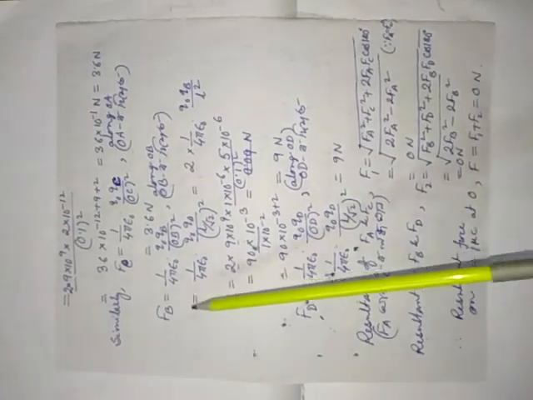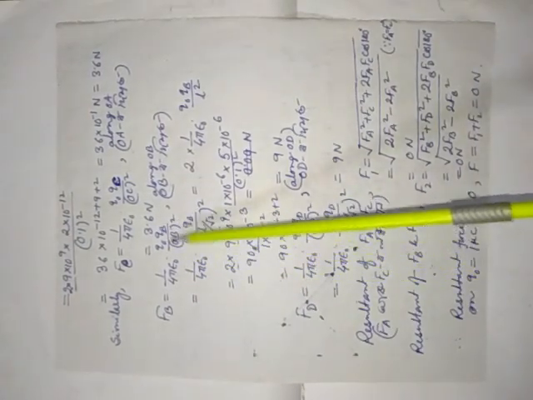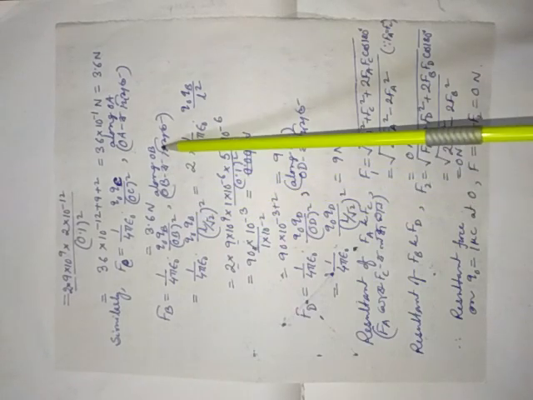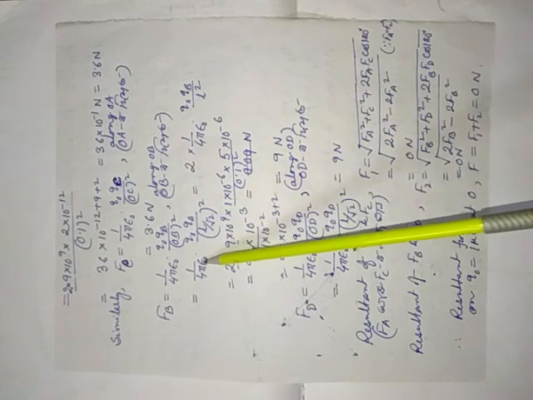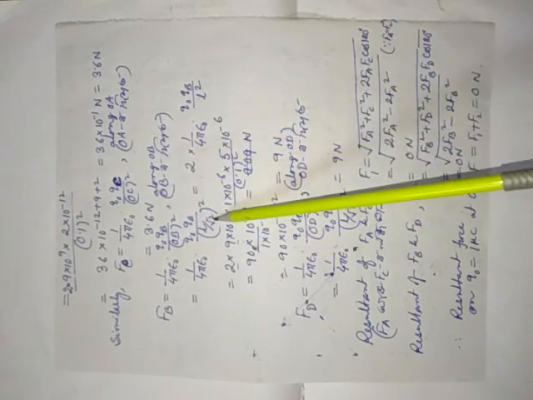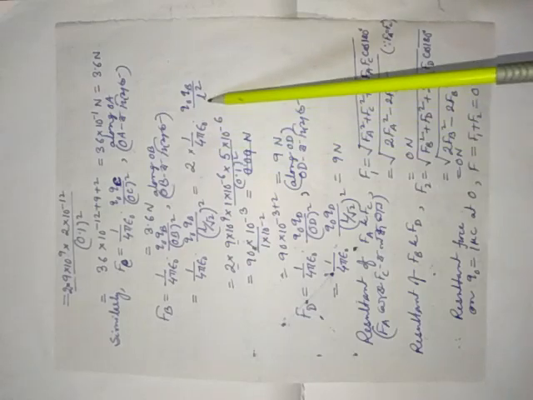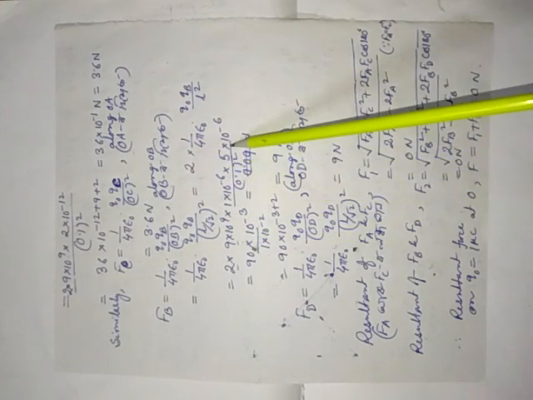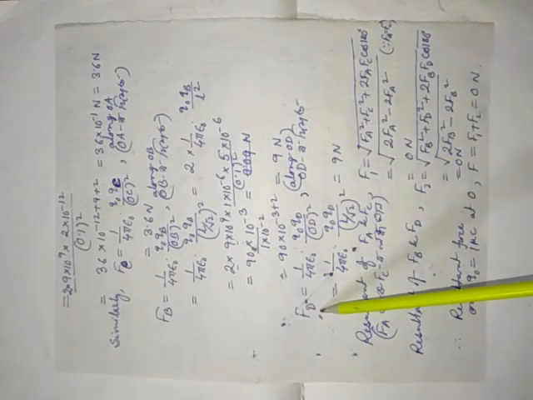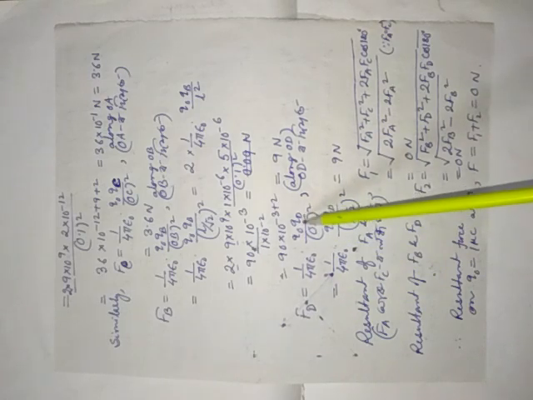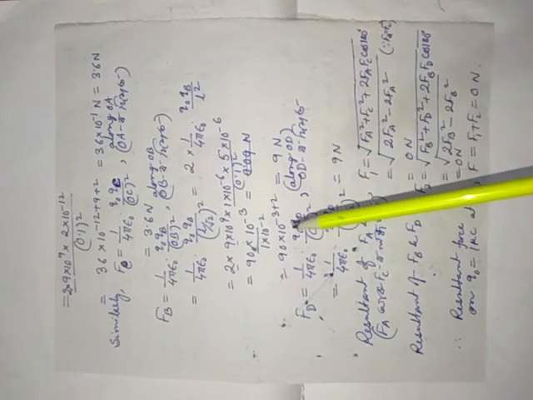Okay, and earlier it was equal, but this time also we are going to prove that both of them are equal. Okay. Now see here, FB equal to what? 1 by 4 pi epsilon naught Q naught QB OB square along what? OB. Already I have discussed. And put the values like earlier case. See here, 1 by 4 pi epsilon naught Q naught QB and L by root 2 whole square, L square by 2. It will come here. And after calculation, all these things, if you put the values, you will get 9 Newton along OD. Similarly, FD also, this time between Q naught and QD, again you will get 9 Newton. Now see here one thing.